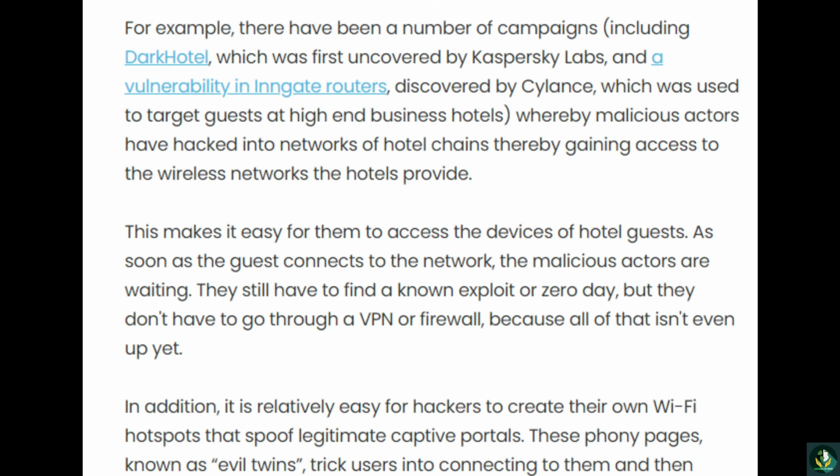In addition, it is relatively easy for hackers to create their own Wi-Fi hotspot that spoofs legitimate captive portals. These phony pages, known as evil twins, trick users into connecting to them and then